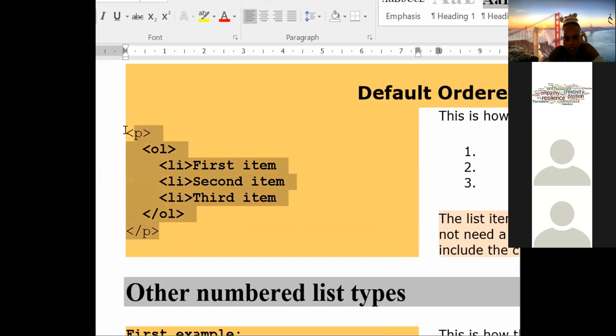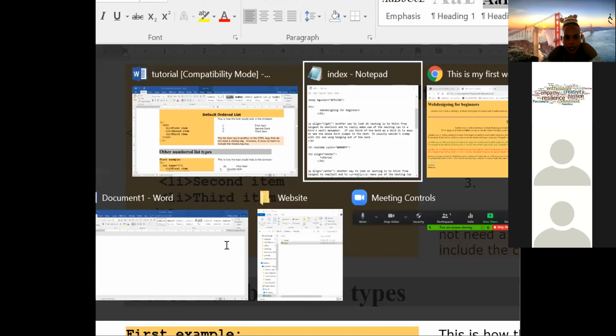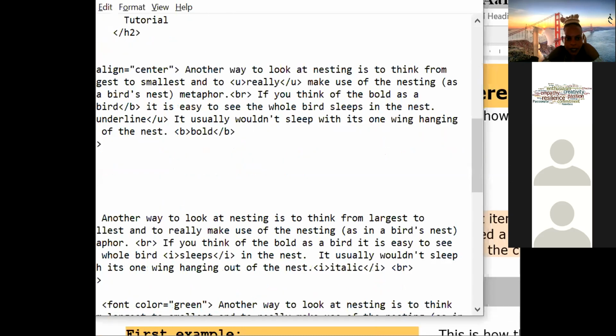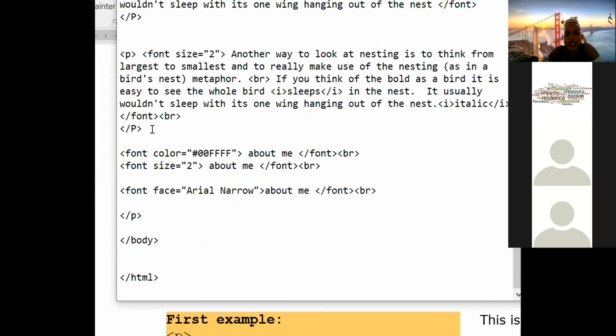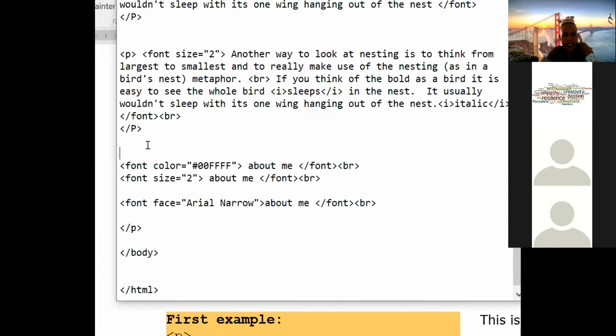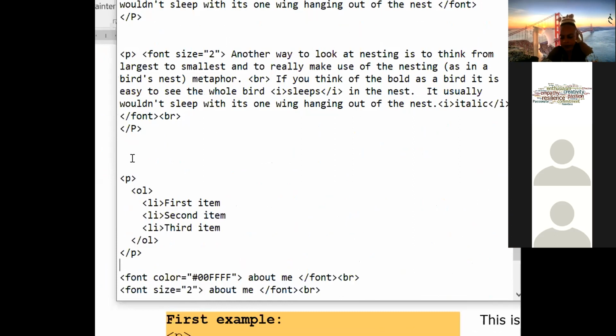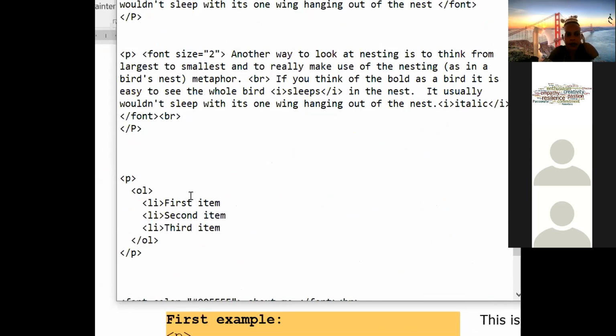So let me just copy. Okay. Let me copy this. Copy. I come to my notepad. I know I might move a bit faster, but don't worry, you will get it. Where this paragraph is ending, I'll paste it there. Okay. Then I say